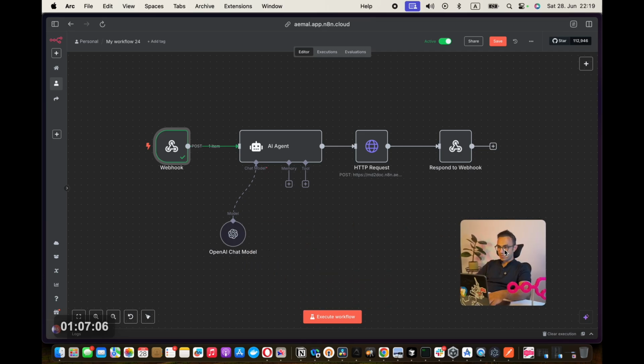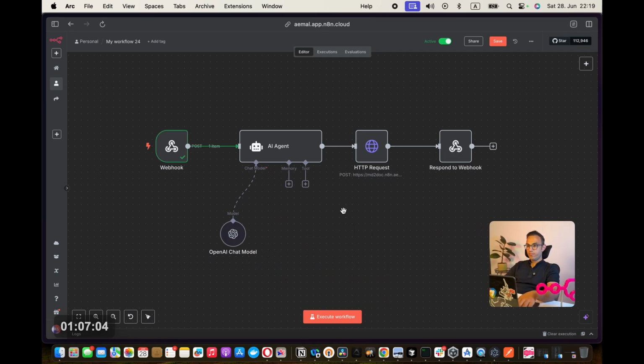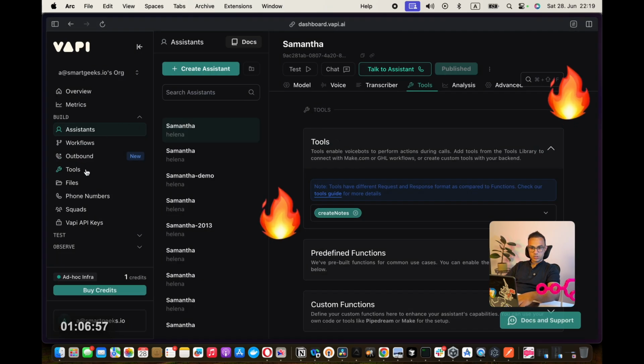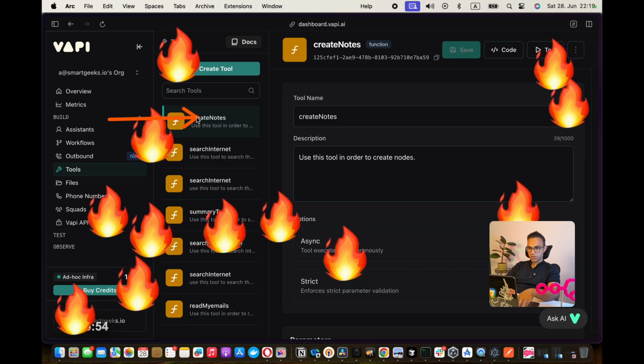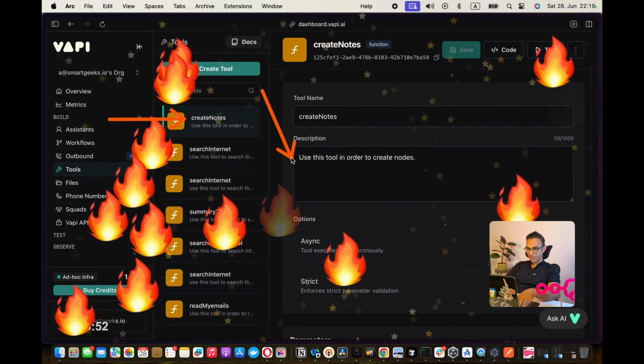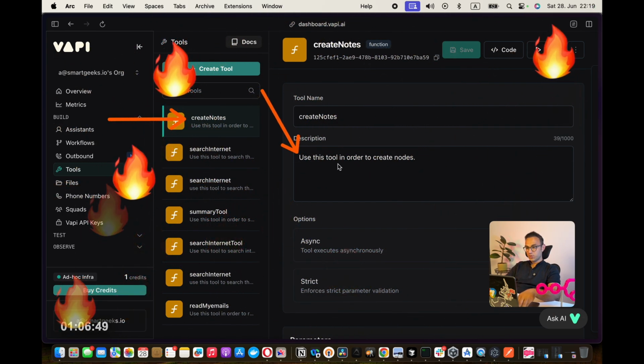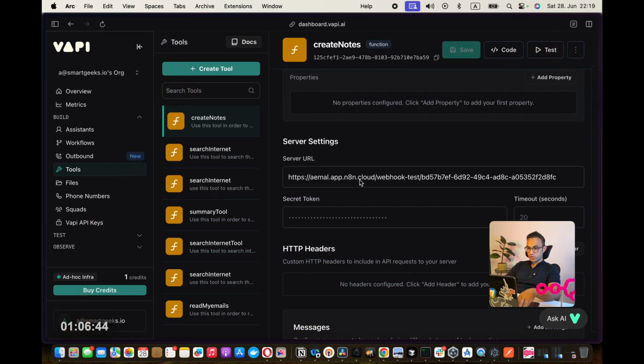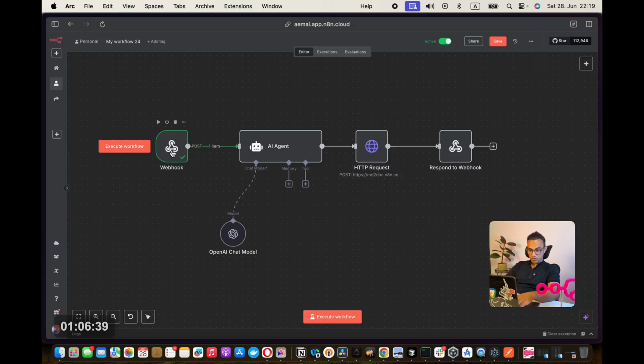So what happened right now is Samantha understood to use this tool called create notes, based on this description. It understood it, and it went to this URL, and therefore this execution happened. Unfortunately, that nice animation didn't show up because of that bug in n8n. We'll run it in just a minute one more time, and we'll see it.